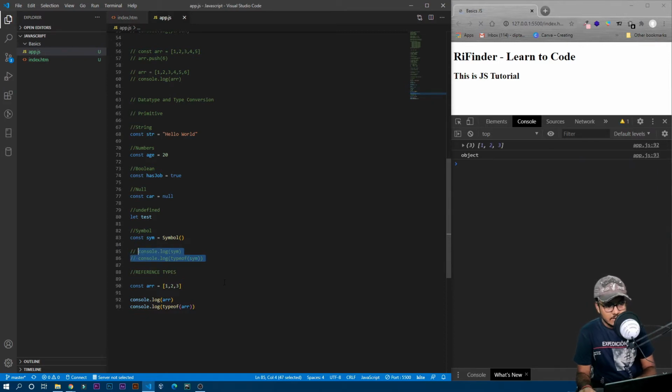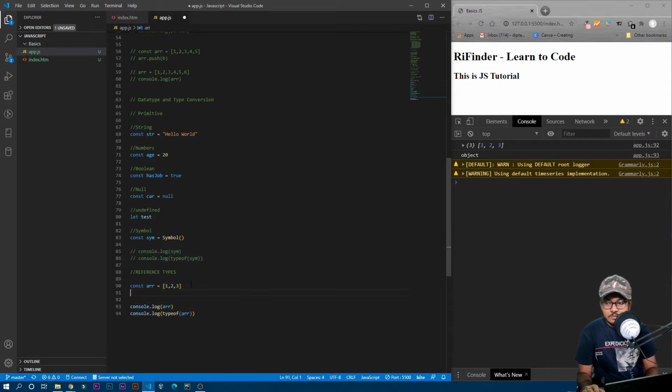So now if I save it, you can see the values are 1, 2, 3, and the data type is object, right? And then we have object literal. Okay, so I'll just write object literal, and that is nothing but, in Python, it's called a dictionary. Okay, so I'll just make a const variable called address, and that will be